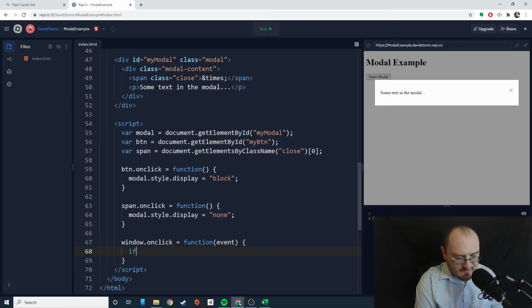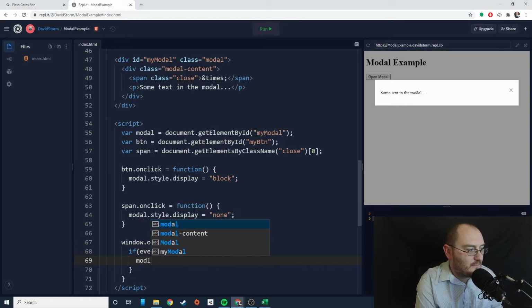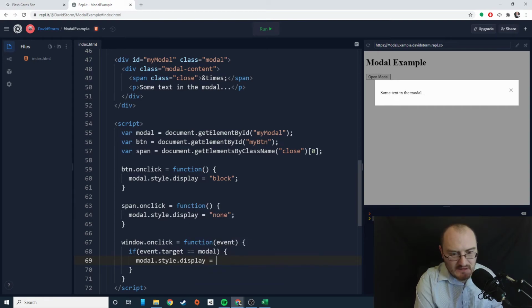And we'll say if event.target equals modal, then modal.style.display equals